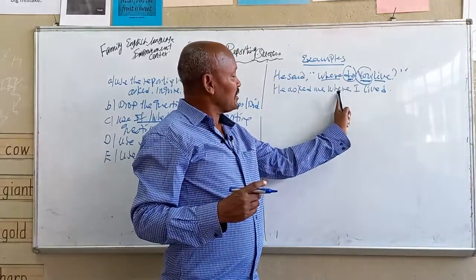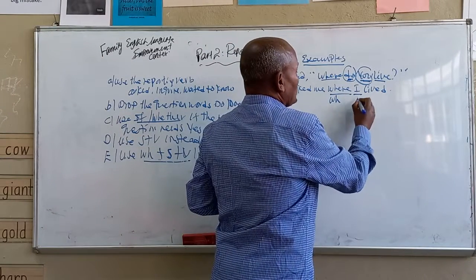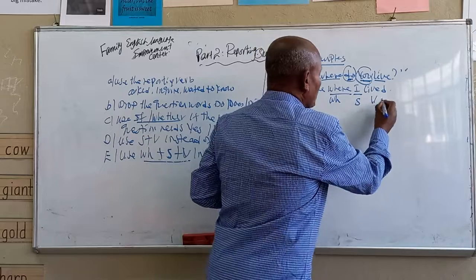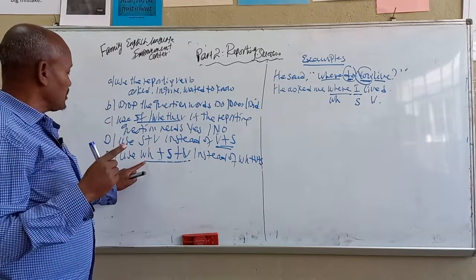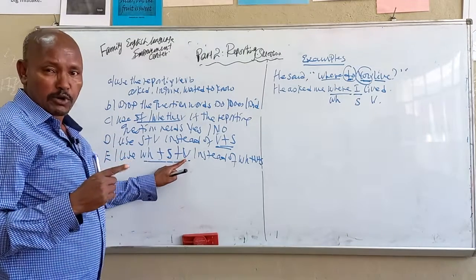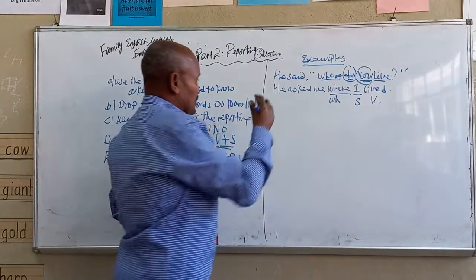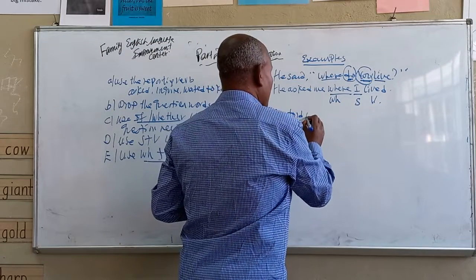So I can report this question to another person. So one is the pronoun. Look at the structure here. This is the WH question, and this is the subject, and this is the verb. So if a question uses this structure, WH question plus subject plus verb, it is appropriate to report to another second or third person. The second example, she told me,